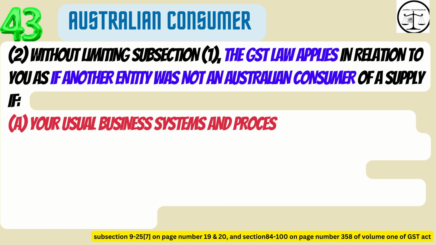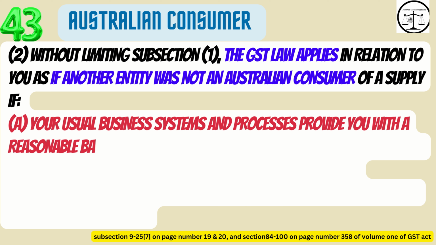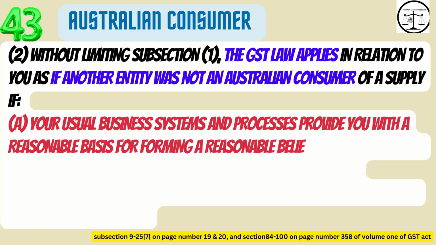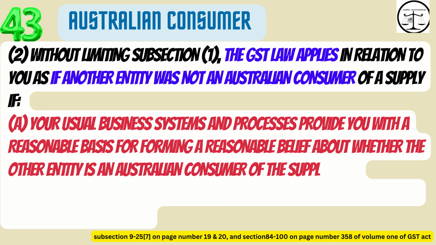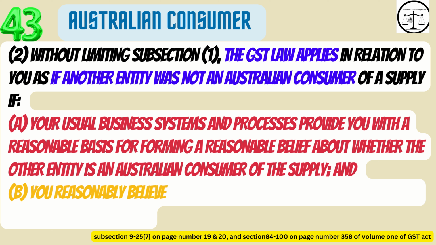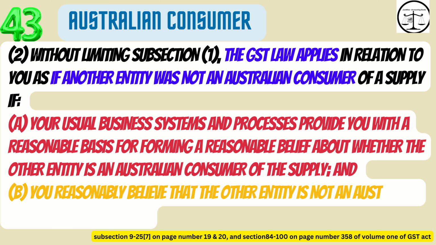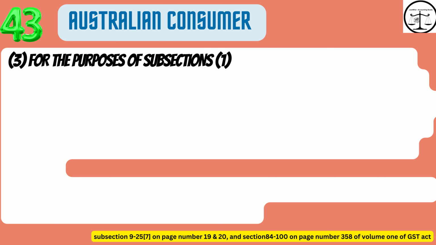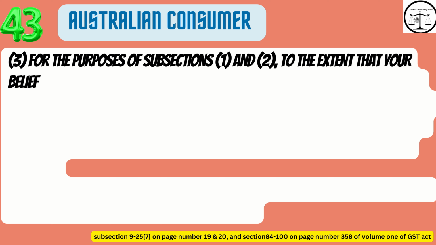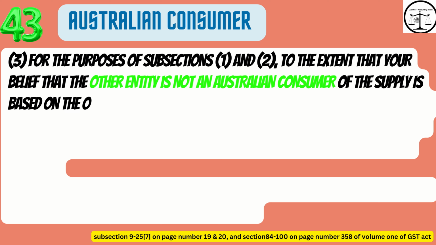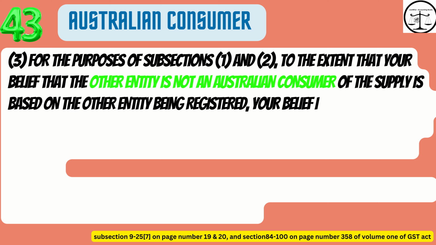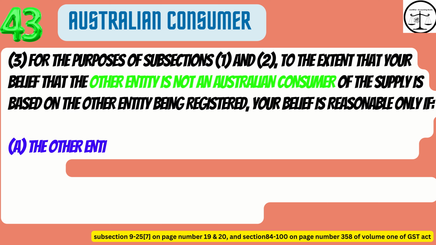your usual business systems and processes provide you with a reasonable basis for forming a reasonable belief about whether the other entity is an Australian consumer of the supply, and (b) you reasonably believe that the other entity is not an Australian consumer of the supply. 3. For the purposes of subsections 1 and 2, to the extent that your belief that the other entity is not an Australian consumer of the supply is based on the other entity being registered, your belief is reasonable only